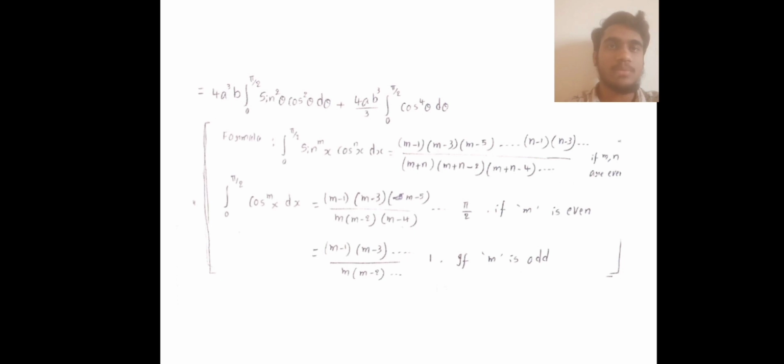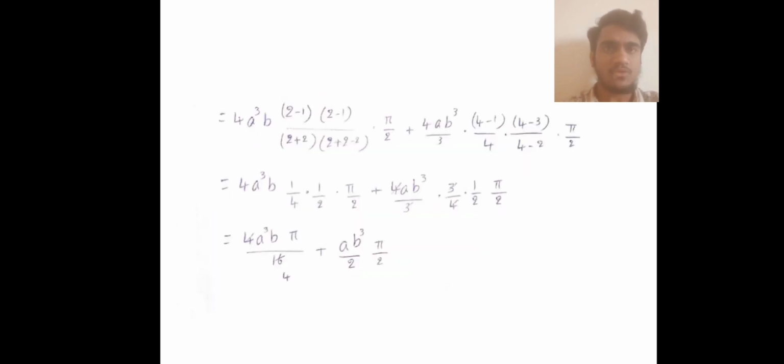4 a cube b integral 0 to pi by 2 sin square theta cos square theta d theta plus 4 a b cube by 3 integral 0 to pi by 2 cos power 4 theta d theta. Formula integral 0 to pi by 2 in terms of m and n: if even, we have to substitute this formula; if odd, substitute this formula. By this formula, 4 a cube b, we have to substitute the values m and n: 2 minus 1 into 2 minus 1 by 2 plus 2 into 2 plus 2 minus 2, into pi by 2 plus 4a